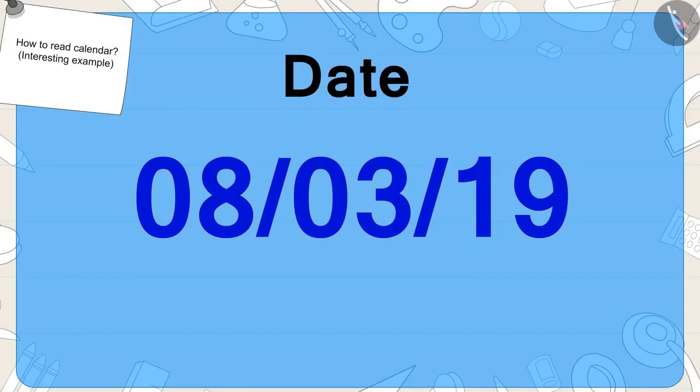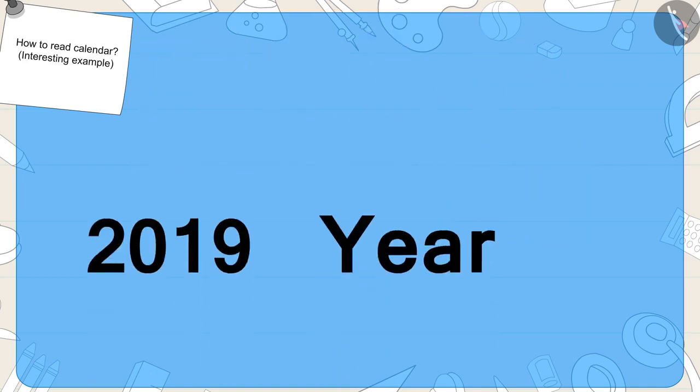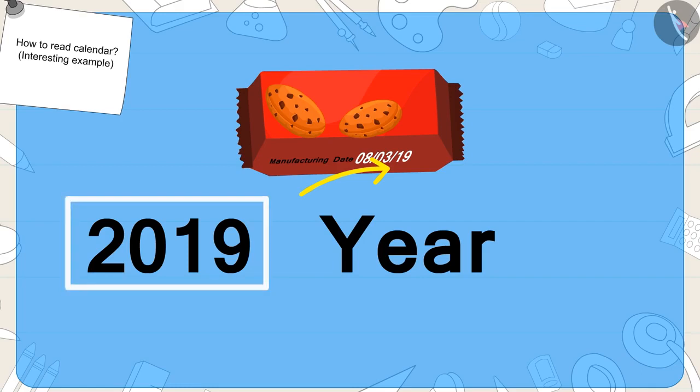And finally, the last number in the date written on the pack of biscuits represents the last 2 digits of any year. Like number 19 on the packet of Golu's biscuits here, this year is made up of last 2 digits of the year